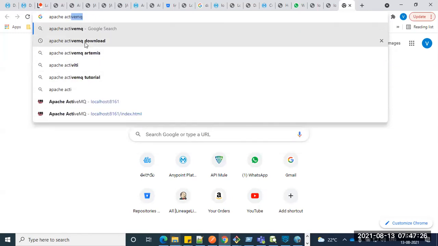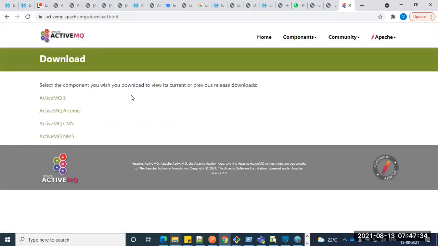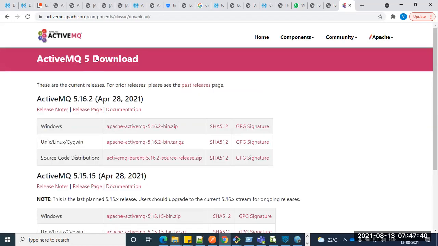Can you try to download this one? So download the ActiveMQ software. Why are we discussing only ActiveMQ here? This is open source in the market, guys. You can try with this one. If you are familiar with any one of the queuing mechanisms, either ActiveMQ or RabbitMQ, these two are open source in the market. You can try to play around with them.